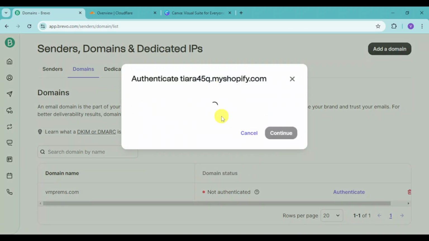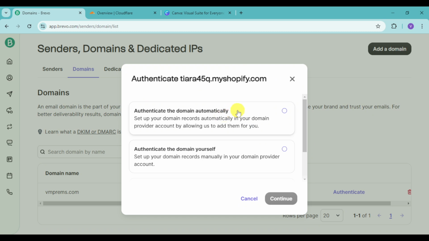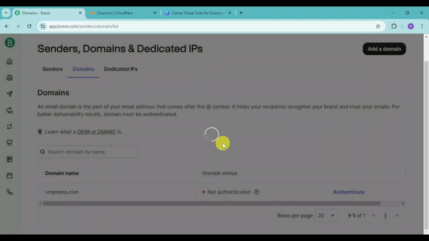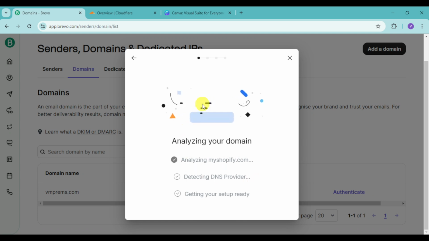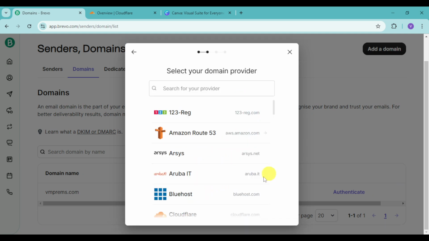So your authentication will serve as your verification. So you can authenticate yourself or you can also authenticate the domain automatically. Click on continue right here once you have chosen your choice. And then after that, this will load for a little while in order to add those DNS. Click on this continue and it will analyze this domain and select the DNS provider manually and get your setup